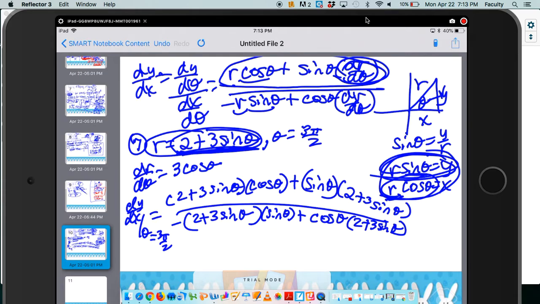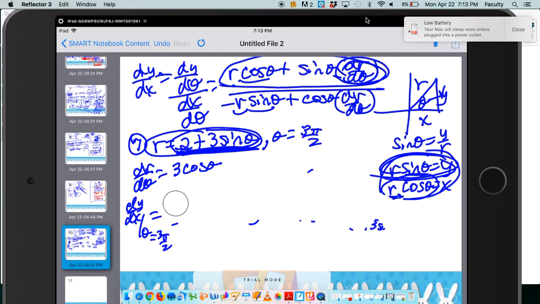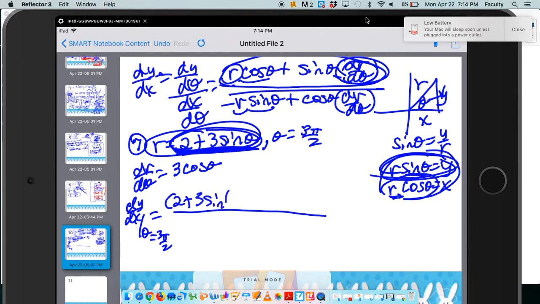So if I was on free response, I would take another line to do this, but everywhere there's a theta, I'm going to go back and put in 3 pi over 2. I'm not going to try to simplify all of that. Sorry, that's really messy. All right, so every time I hit a theta, I'm going to put in 3 pi over 2. So I'm going to have r, which is 2 plus 3 sine theta